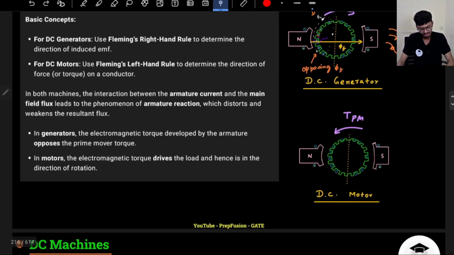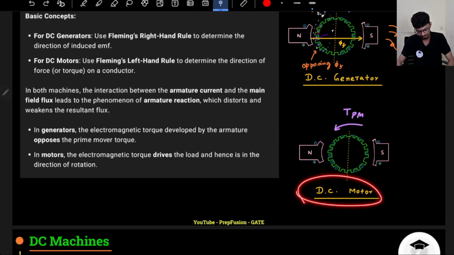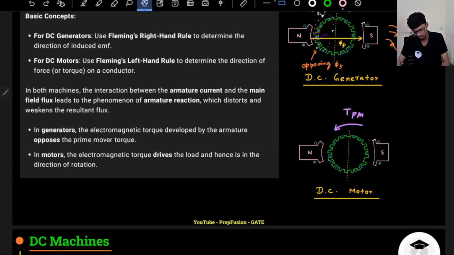In case of a motor, again the same thing. You can find out the direction of the current by using Fleming's left hand rule, not the right hand rule. So if it's a motor, and the prime mover direction is given and the main field flux direction is also given to you,